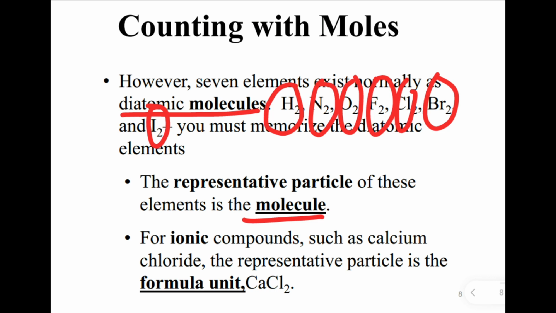የነዚህ representative particle ምንድነው ማለት ነው? ሞለኪውል ነው ማለት ነው። for ionic compounds such as calcium chloride, representative particle ምንድነው ማለት ነው? ፎርሙላ ዩኒት ነው ማለት ነው። ስለዚህ እነዚህ ማወቅ ጠቃሚ ነው። ለአዮኒክ ኮምፓውንድ ፎርሙላ ዩኒት፣ ለዳይአቶሚክ ሞለኪውልስ ሪፕሬዘንታቲቭ ፓርቲክሉ ሞለኪውልስ፣ ለኤሌመንትስ አተምስ እንደሆነ ማስታወስ አለባችሁ ማለት ነው።